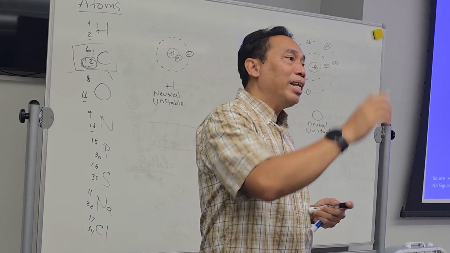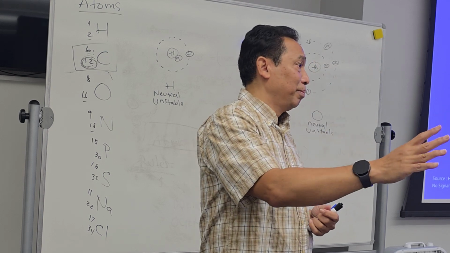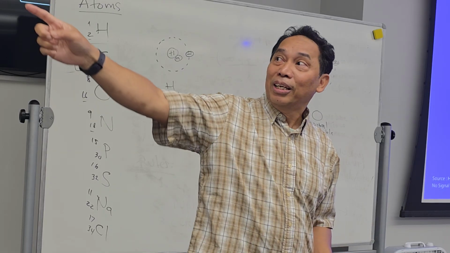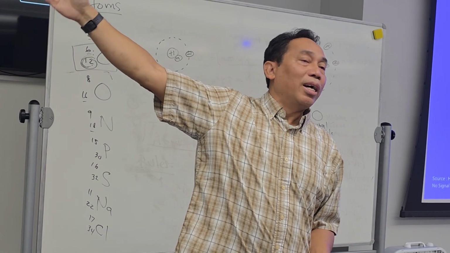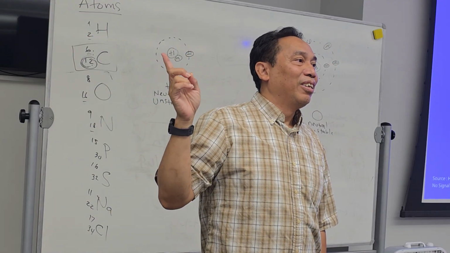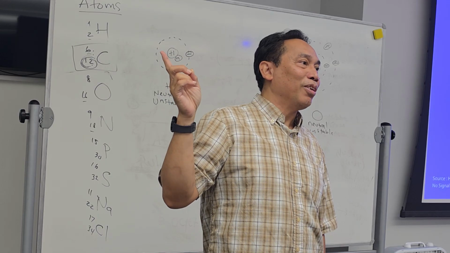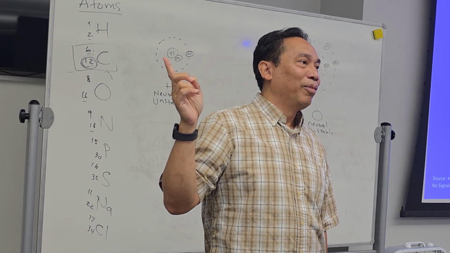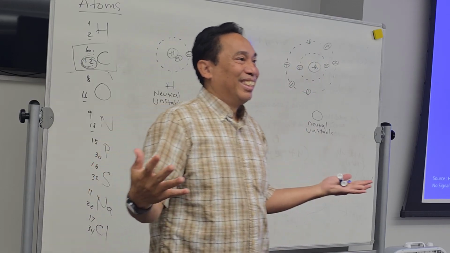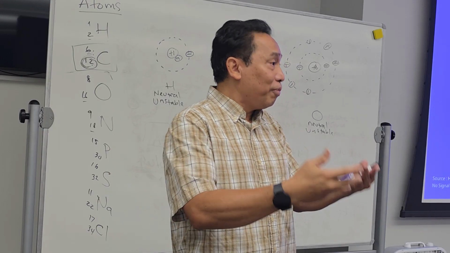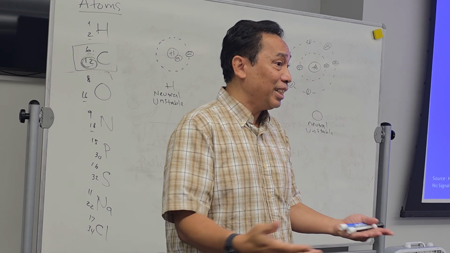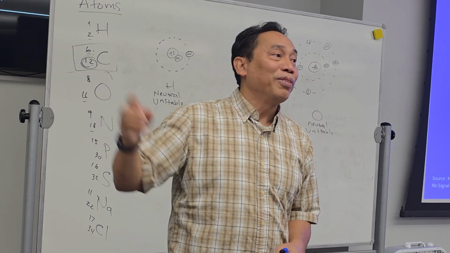Okay? The only atoms that you can find by themselves in nature are the ones on the far right over there. You see that one? What is that? Look at the helium. What is the atomic number? 2, right? It means that it is already filled out. So you will find helium by itself. Helium gas. Have you ever heard of helium gas? That's actually an atom.